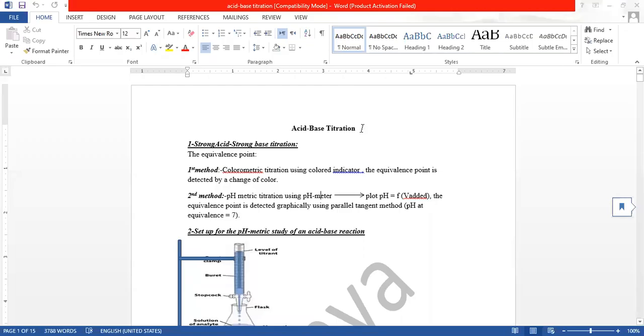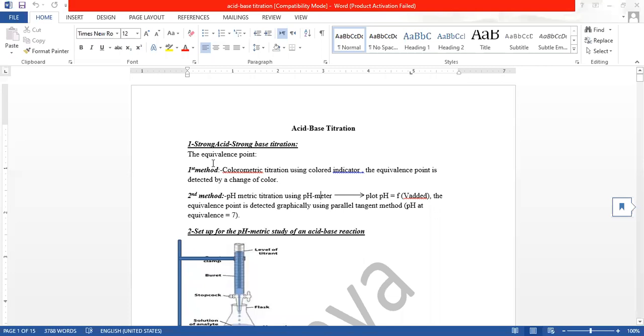Okay, in the previous session, we started with acid-base titration. We defined titration as a volumetric analysis technique used to determine the unknown concentration of a certain solution or to verify a label. Titration is to mix two solutions together, but not directly. One solution is added from the burette progressively over the second solution till we reach the equivalence point, which is the end point. The end point or the equivalence point can be determined either by using an indicator,